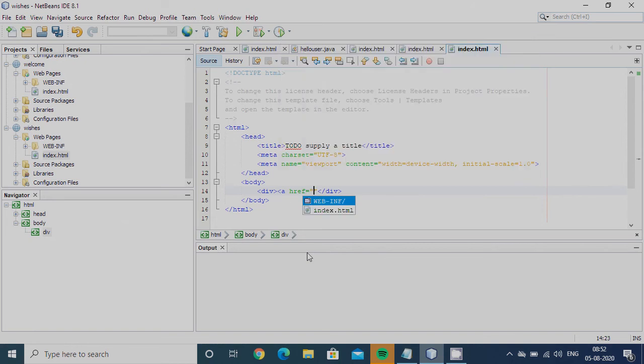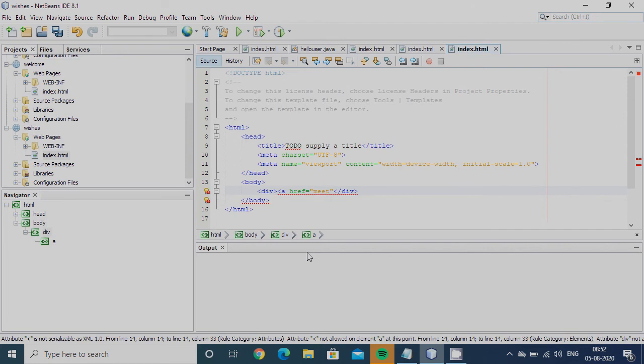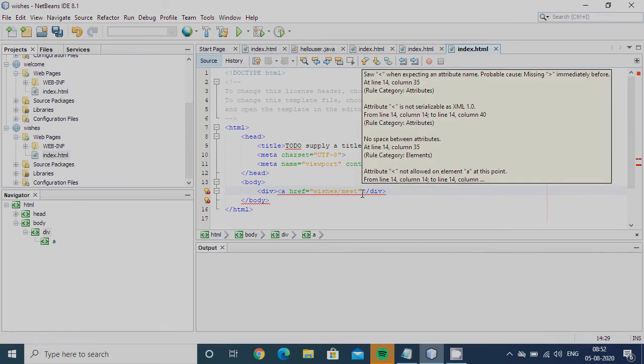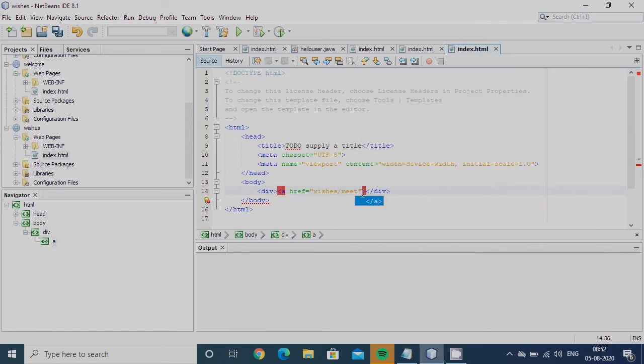This has to be supplied to a servlet program, Meet, which is available under the project wishes. So I am including the name wishes, and also closing the anchor tag. You have to give the link text over here.